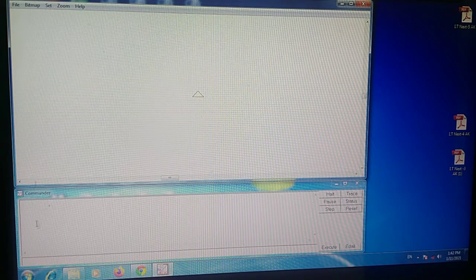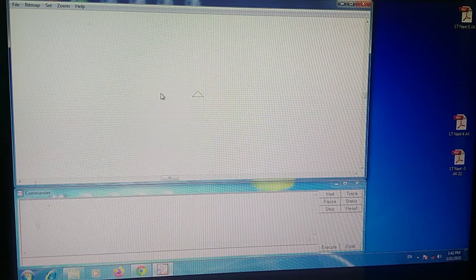In the commander window, this is your input box below. Then your command buttons are given here. After that, your recall list box. The main screen is the area where the turtle is. The main screen is the area where you can draw pictures. The Logo turtle moves on this screen.